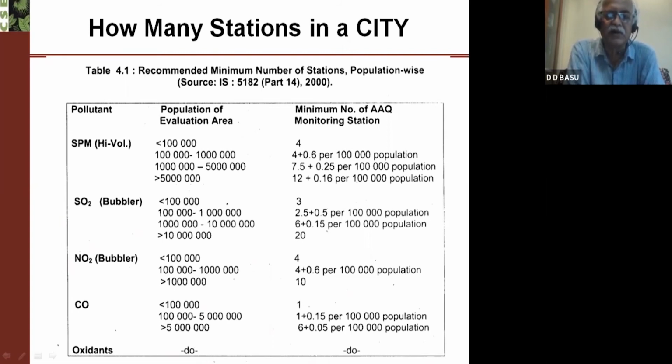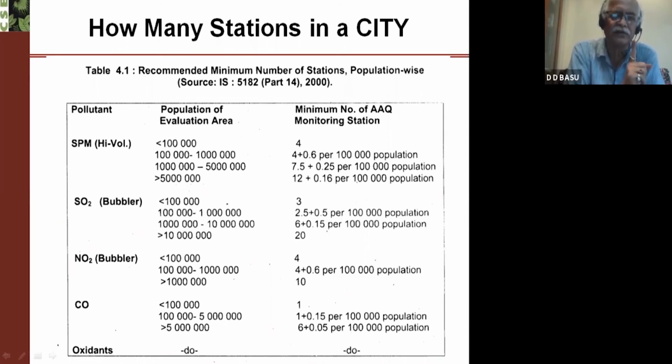For 100,000 to 1 million, it is 4 plus 0.6 per 100,000 population. That is the way we are calculating. For 1 million to 5 million, the cities are mega cities, and then it is 7.5 plus 0.25. For more than 5 million population, we go for 12 stations. Generally, I tell you very frankly, because of cost effectiveness, for a class 1 city,